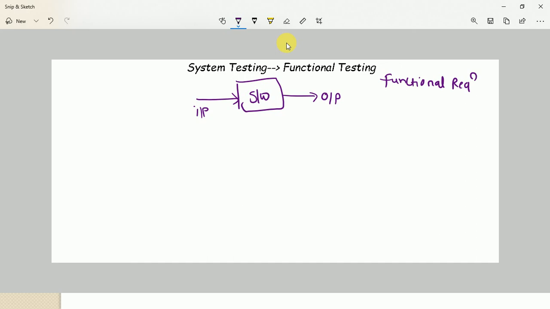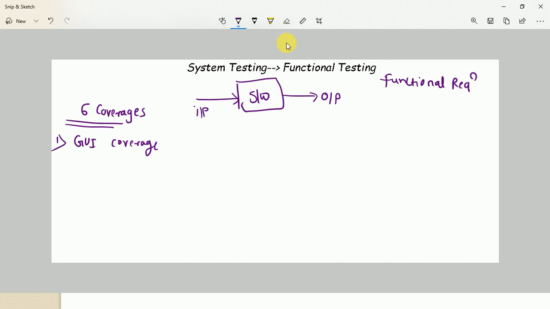Now, to conduct functional testing, what kind of areas can you cover at the time of functional testing? You should understand these areas with respect to 6 different coverages. What are those? Let's see. First important coverage is nothing but GUI coverage. Okay, what is meant by GUI? GUI is nothing but graphical user interface.